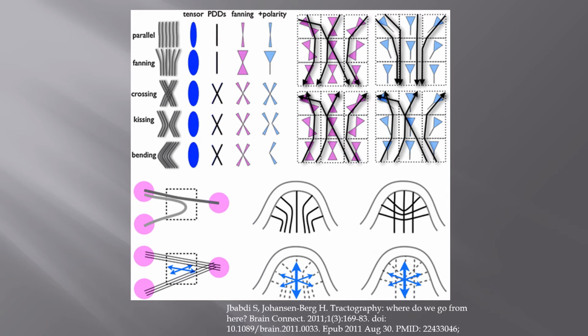Basically, particularly with single tensor techniques, which are what's utilized clinically, they're treated as everything moving in one direction, but they can be parallel, they could be fanning out, they can be crossing. They might be crossing in all different directions, and not only in 2 dimensions, but obviously in 3 dimensions. Fibers could be coming in and going out, or maybe they're just taking a turn in that voxel as they go down from, let's say, the parietal lobe down into the temporal lobe with the arcuate